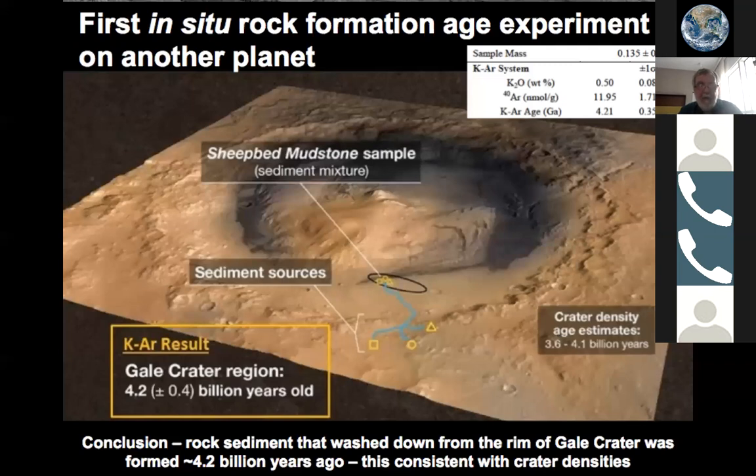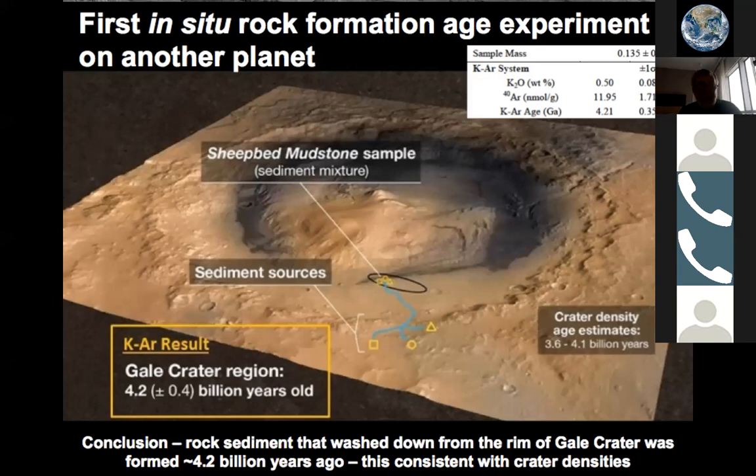Kind of another very cool result is from one other isotope, argon-40, and argon-40 was not in the mix when Mars was formed. It's not like argon-36 and 38, the primordial argon that I talked about, but it comes from decay of potassium-40. So it's a clock. So if we measure both potassium and argon-40, we can get an age that rock formed, and then it started trapping that